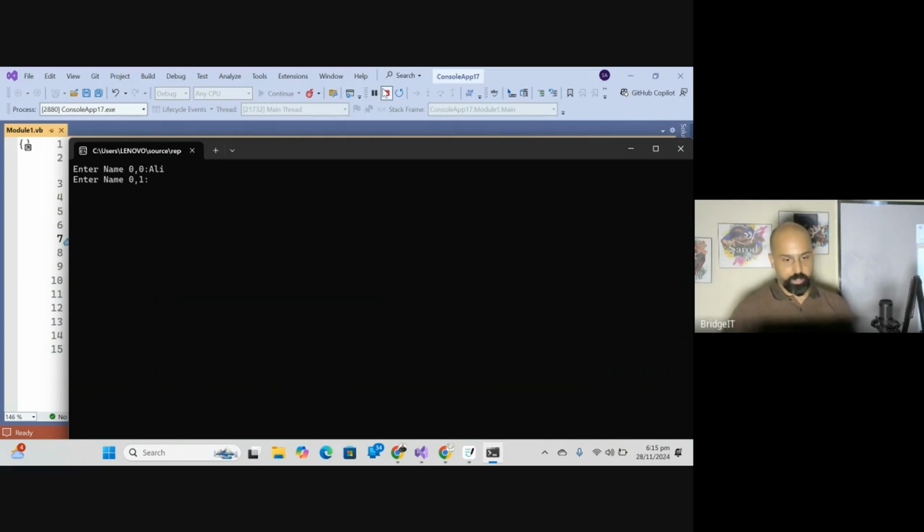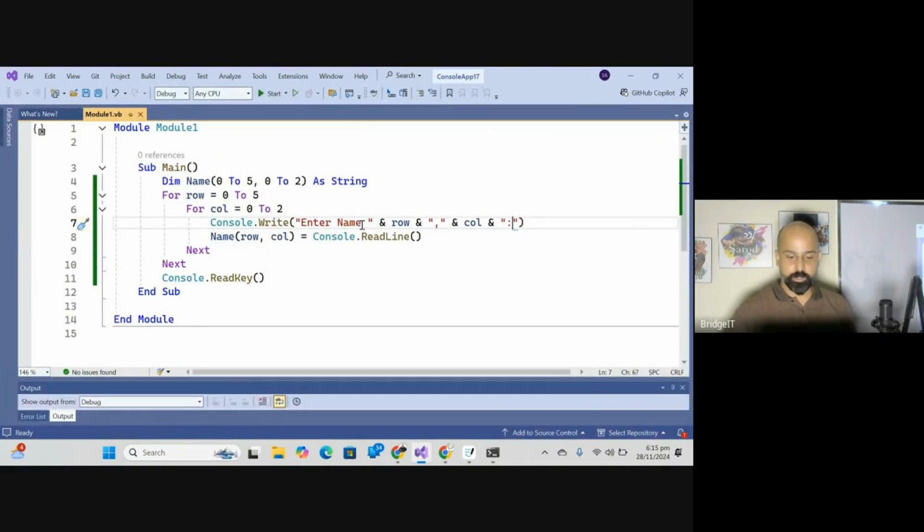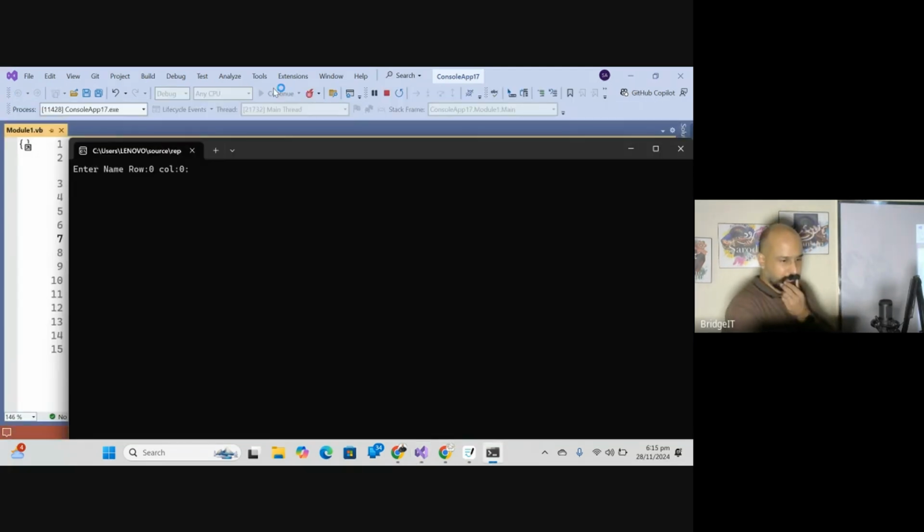Okay, let's make it a little bit more delicate. Enter name, row, and अब सही है. Enter name row 0, column 0. इंटर नेम रो 0 कॉलम 1 सही है ना? अब सही लग रहा है। चलो जी गुड।